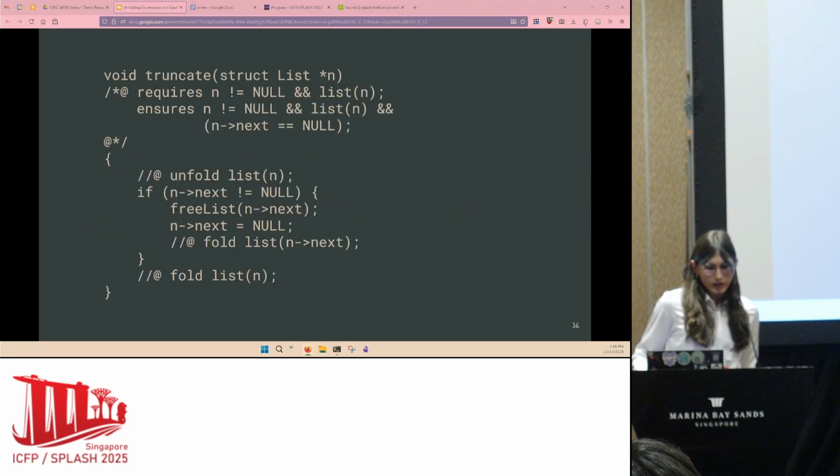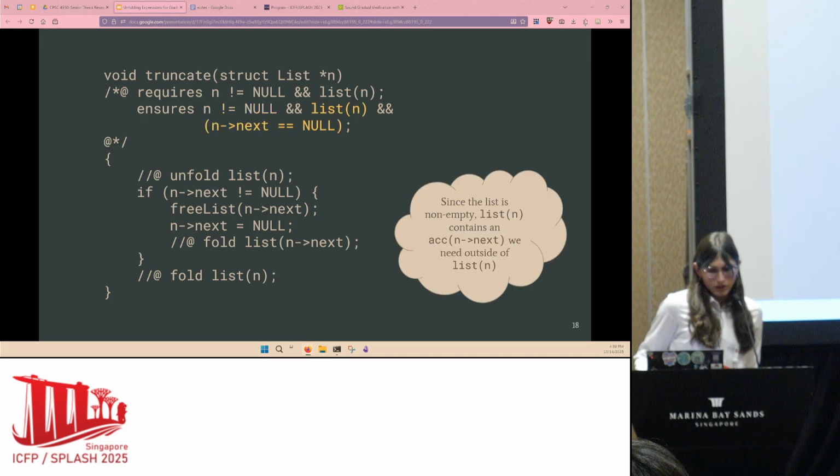And then here we are going to look at an example where this is a function that takes in a linked list and just truncates it by cutting off the rest of the nodes after the first one. And we have this in the post condition, the ensures clause there. We state that, if we take in a non-empty linked list, then the result will be a non-empty linked list, which only has one node. We specify that by saying the rest of the list after the first node is null. We also have the code for the function here, but we're mostly just going to be working with this specification and this post condition.